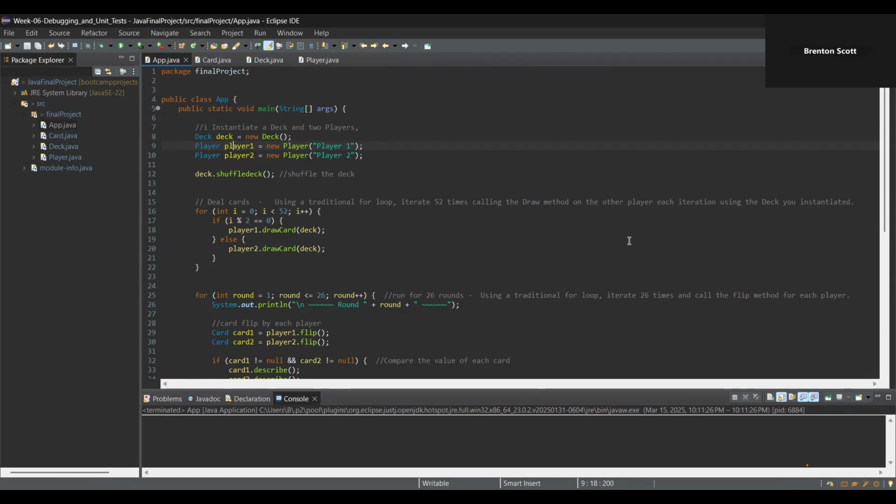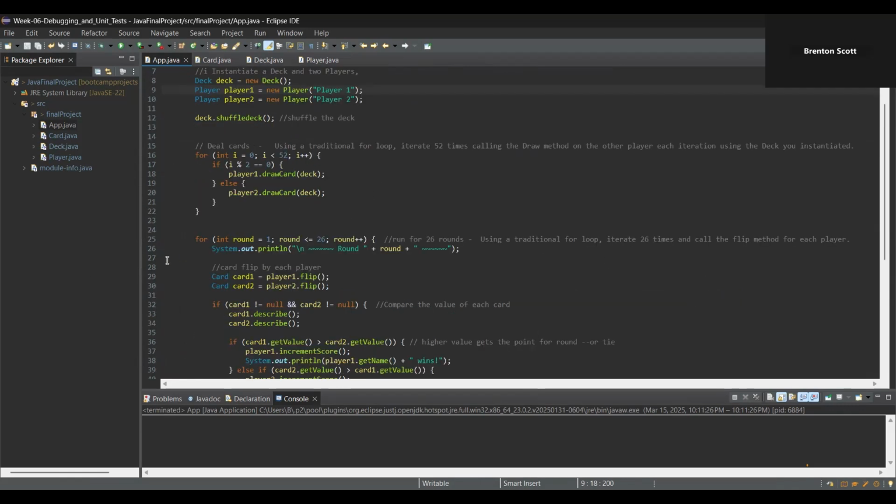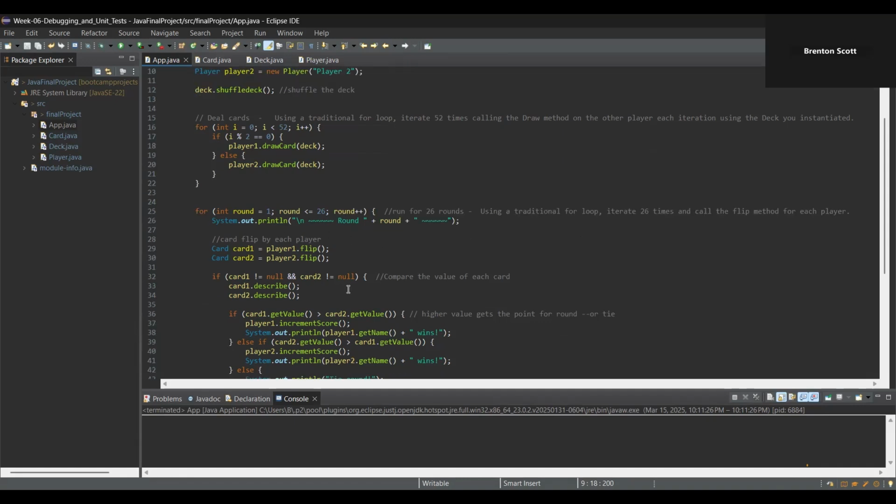And then in the for loop, we're going through and doing 26 rounds after drawing the cards. Each round, there'll be a card flip by each player, so we're calling a flip method there. And then we're calling the describe method